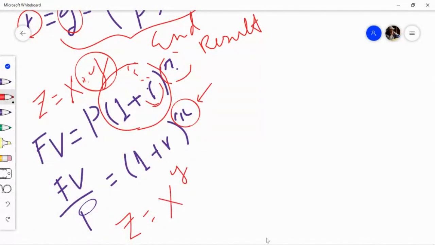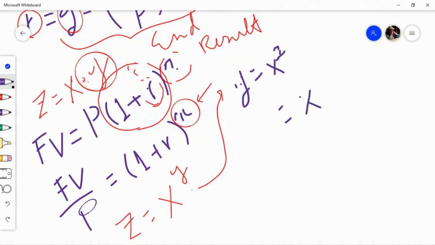So here, it's like z equals x to y, and just like that, think about it. If y equals x squared, then if we take the square root of x squared,